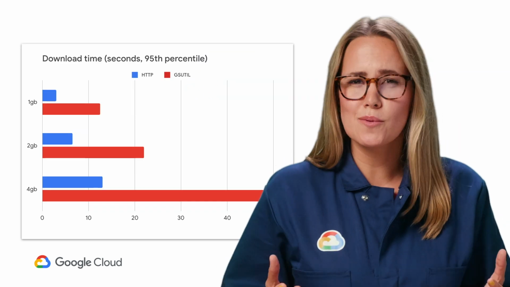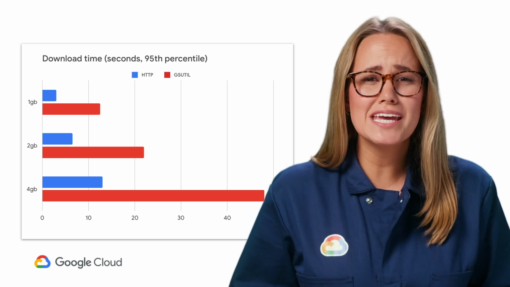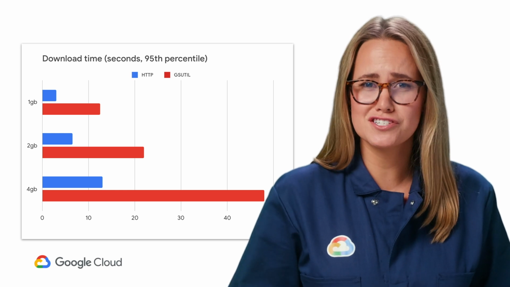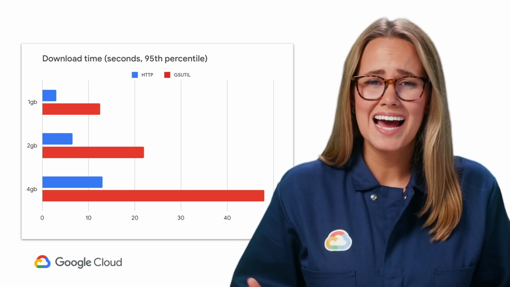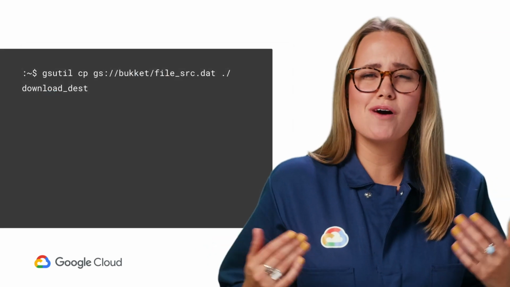Ouch. When looking at our options here, we might recall that GSUtil saved the day for our uploads, but that doesn't seem to be the case for our downloads. We even found that curl outperforms GSUtil here. But why? And just when we thought we had it all figured out, luckily, I'm on the case, and